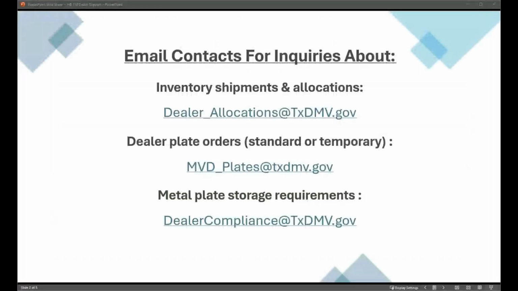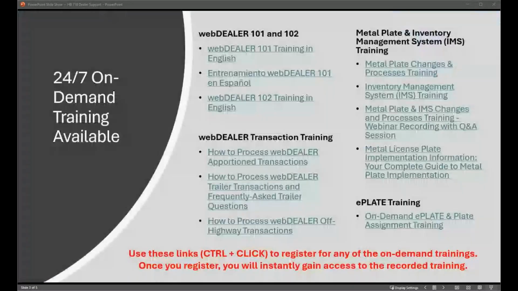Just keep in mind, if you opt for the electronic buyer acknowledgement, they do have to have a valid Texas driver's license and a social security number, because they will have to log into the WebDealer system with a special link in an email they will receive. They will also have to have an email address to do so. And they basically verify the information electronically, and that takes the place of that 130U.